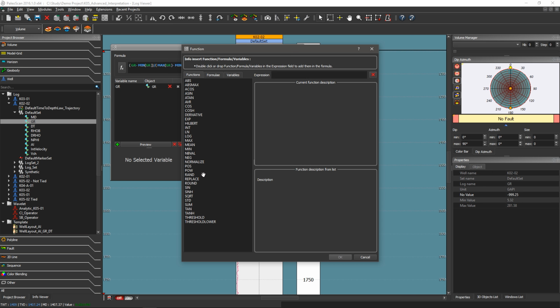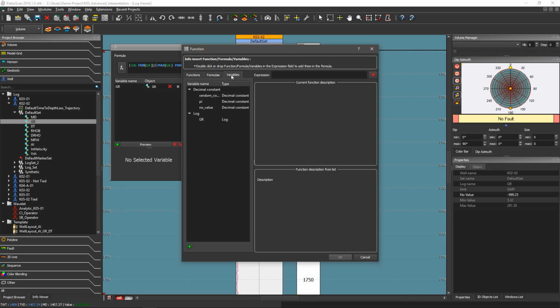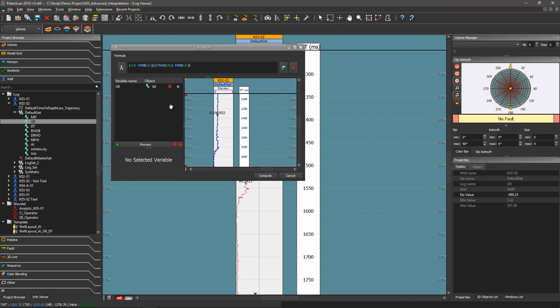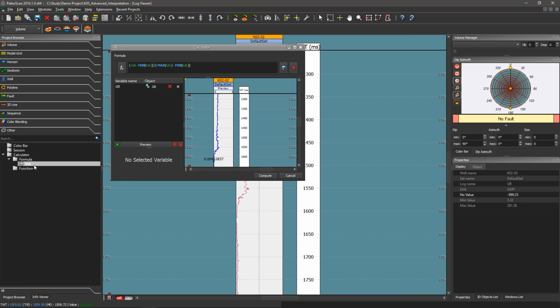It still remains possible to modify the formula by including pre-encoded functions or pre-saved formulae or variables. The formula can be saved within the database. You can then reuse it if you need to do so.